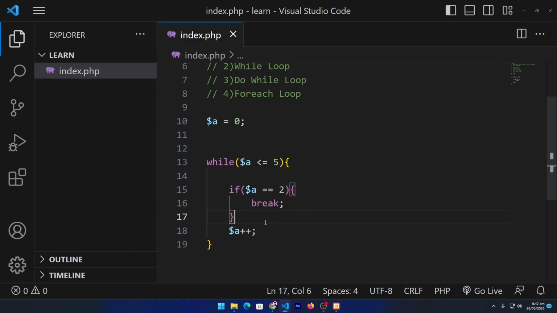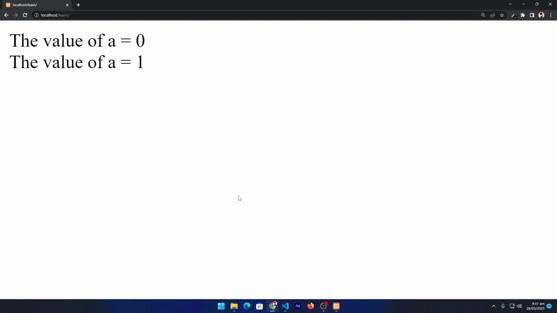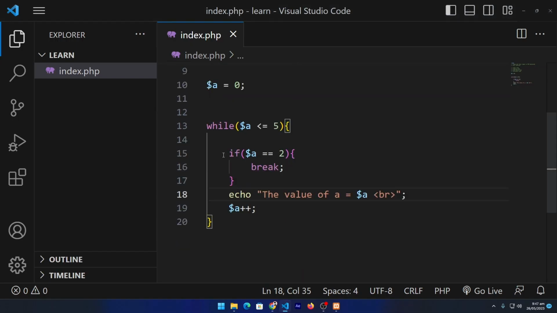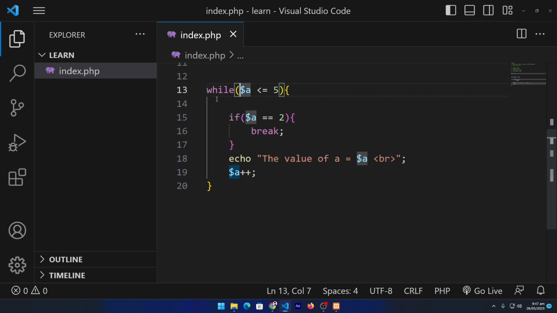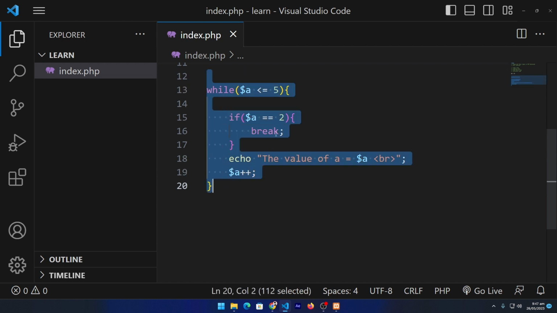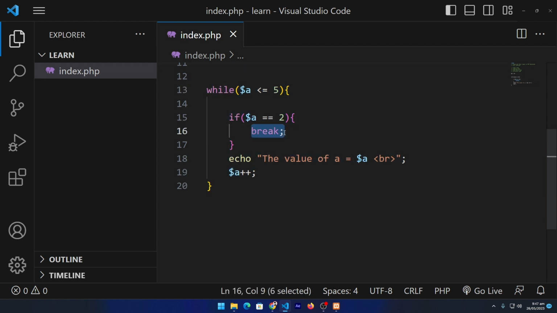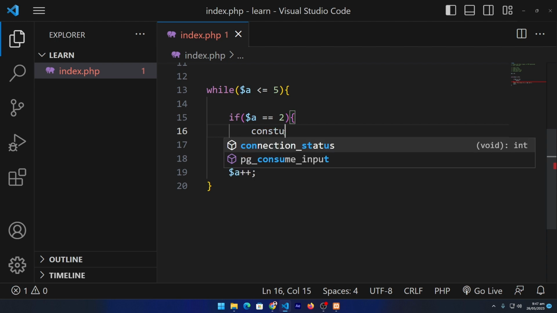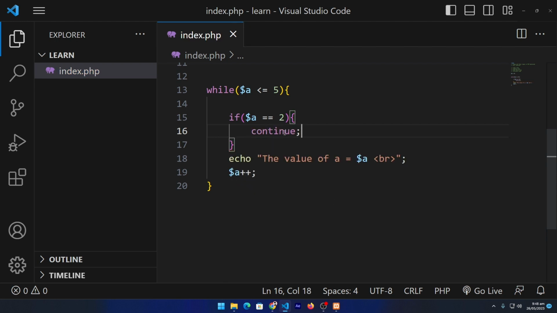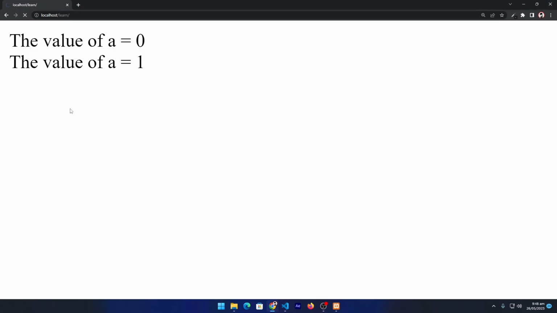Nothing happens because we have to echo here the value of a is equal to a, press semicolon and a br tag, refresh the page. Here you can see that when the value of a becomes 2, it will break. Break means that it will never again check the condition that we have written in our while loop, and it will terminate our loop. But here is another statement named continue, press semicolon, and when I refresh the page,